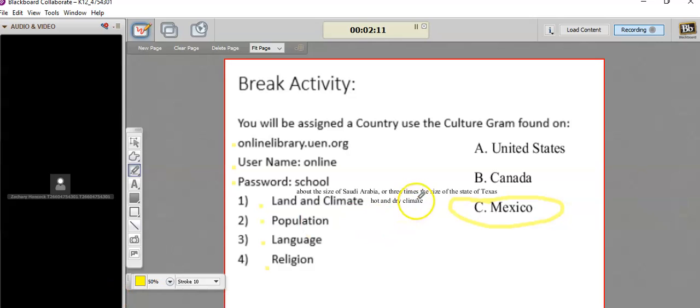All right, good job. Looks like some of you put a little bit about what the land and climate is. Very good. Hot, dry climate. Good. Somebody can work on the population, language, and religion there.